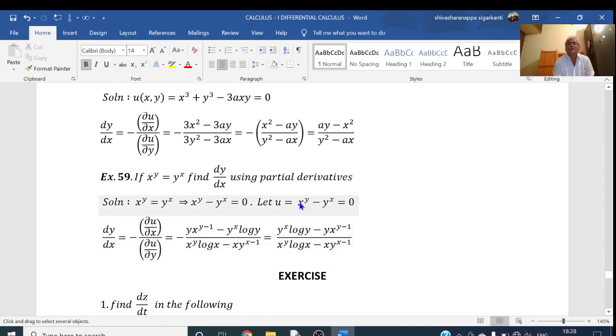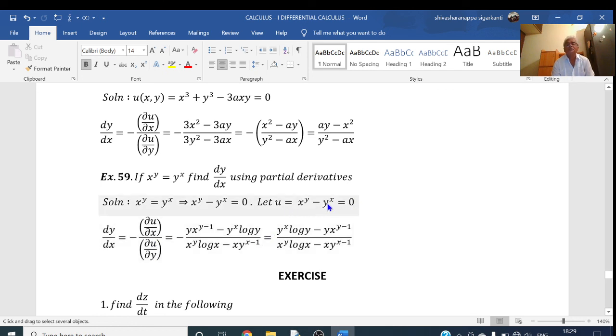This is equal to minus dou u by dou x. For differentiating u partially with respect to x, here in x raised to y, x is a variable and y is a constant quantity. X raised to y derivative is y into x power of y minus 1. So x raised to n derivative is n into x power of n minus 1. Therefore x raised to y derivative is y into x to the power of y minus 1, minus. Here y is the constant quantity and the power is the variable. This is in the form of a power of x. We know that derivative of a raised to x is a raised to x into log of a. Therefore, y raised to x derivative is y raised to x into log of y, divided by du by dy.